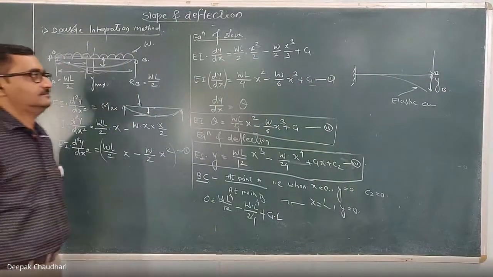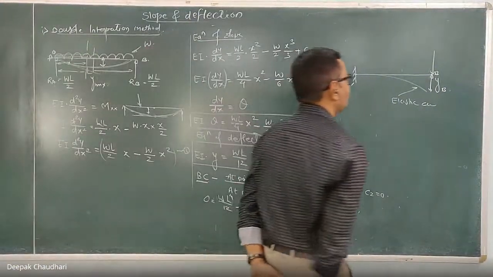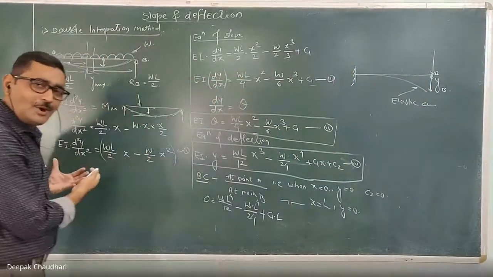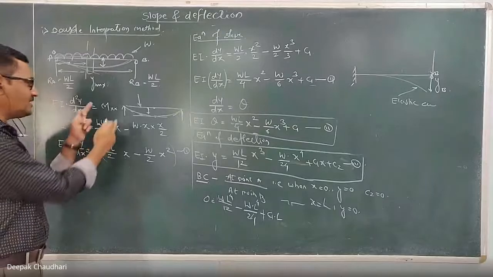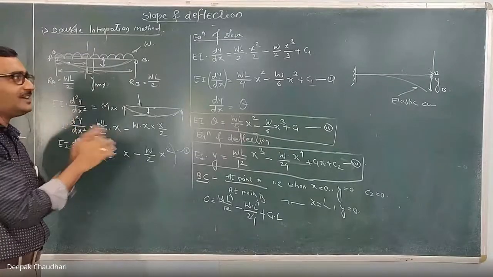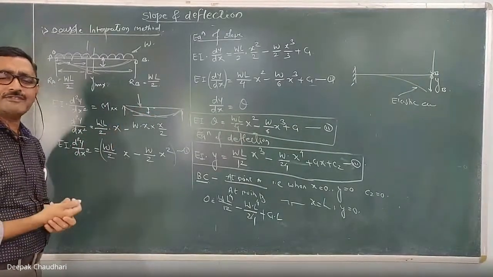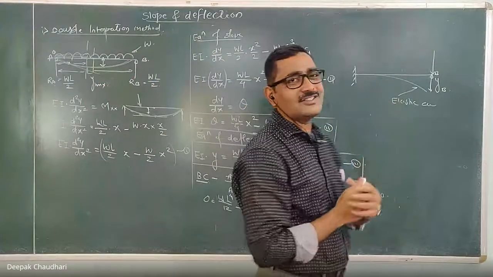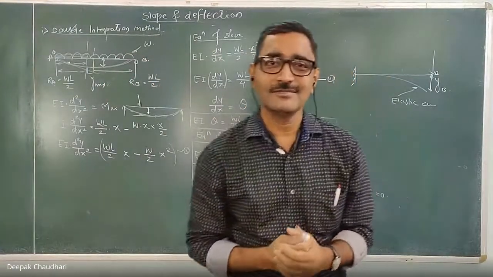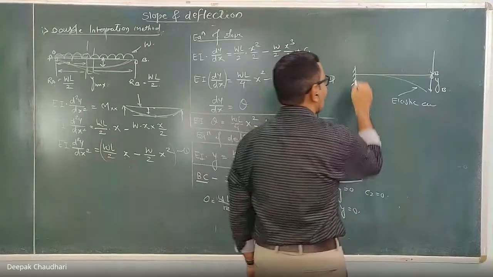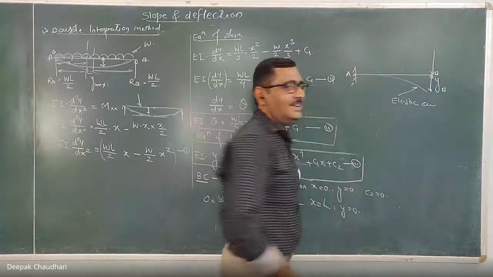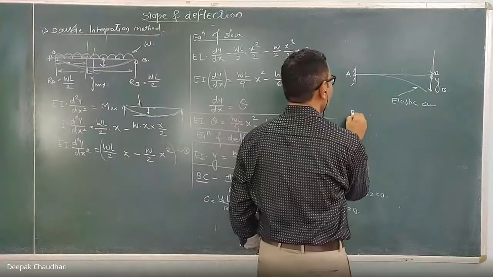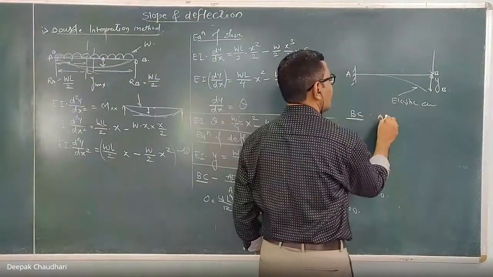end. Now here also, in a similar way, you have to write down the general equation of bending moment and integrate it twice. Such similar kind of equations you will get. Only to calculate the constants of integration, the boundary conditions are different over here. What boundary conditions do you have to write? At point A, there is a fixed support. So for this cantilever beam, we can write the boundary conditions at point A.